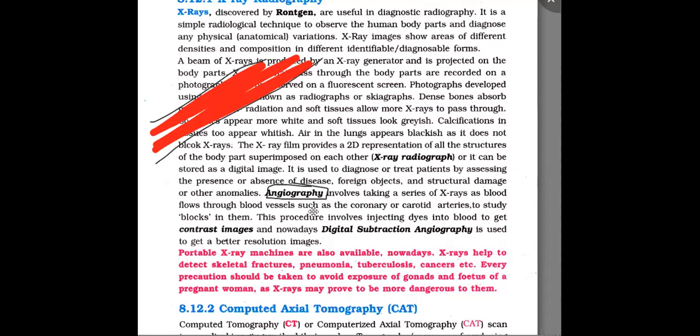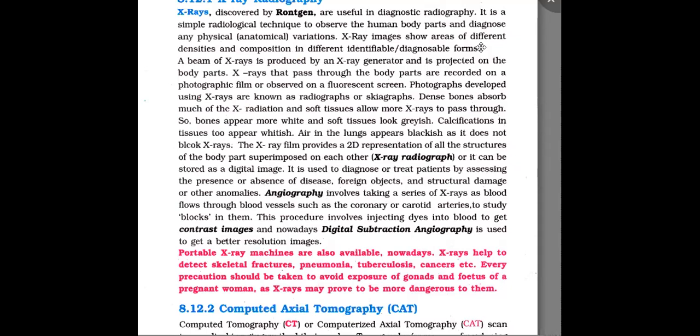So you may ask, by taking continuous X-rays, how will we come to know the blockage? For that only I said that 24 frames per second when we move, or burst shot photos, 16 photos at a time. That means per second, if you are moving rapidly, it seems to be working. So here we do continuous X-rays, continuously X-rays pass through the blood vessel, and all the digital images are recorded in a computer to understand the flow of blood in the carotid artery and the coronary artery. We call it angiography. That is X-ray itself, but continuously taking a series of X-rays.